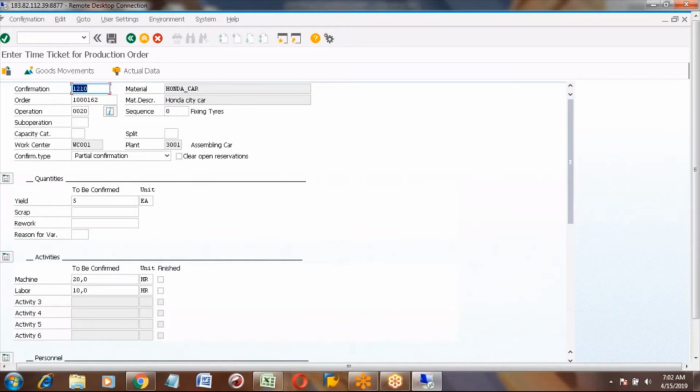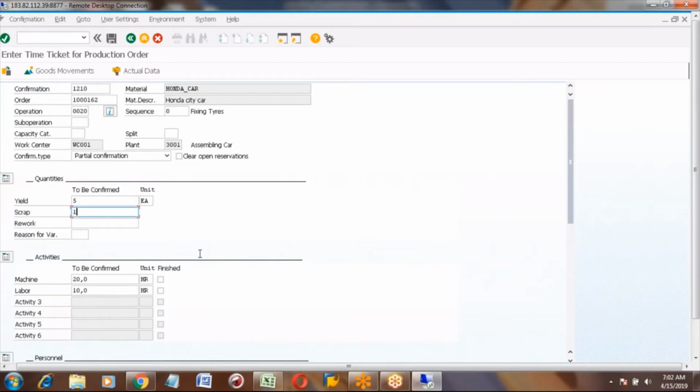After engine fixing, you did the quality check and you found one car is defective and you don't want to use it further. That means you can do that as a scrap. If you cannot use that one, you will put that as a scrap.